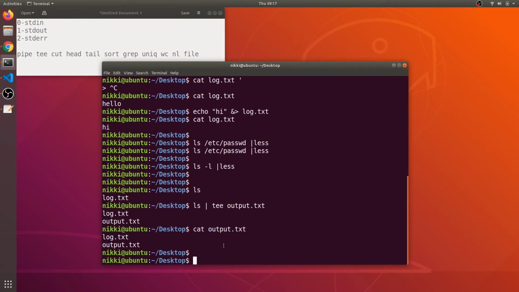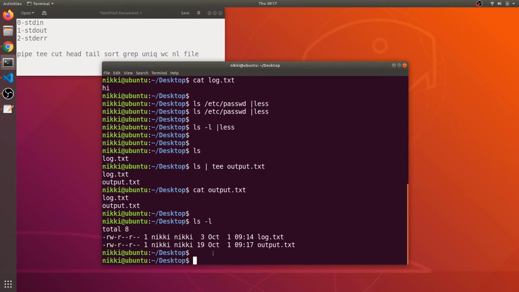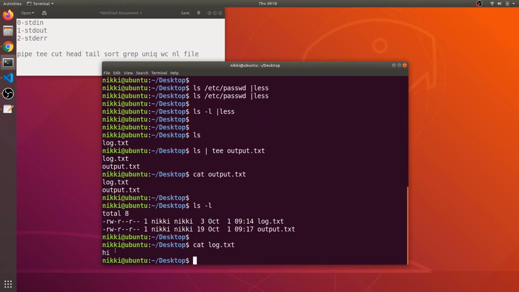And the next command we are going to see is the cut command. If I say ls -l, I get the long listing of these two files. Don't worry about all this output, I will explain it in a separate video on file permissions. Okay, let me cat log.txt. Now I had the contents as hi. Now I want to pipe it to cut, and what I want to say is cut -c1.